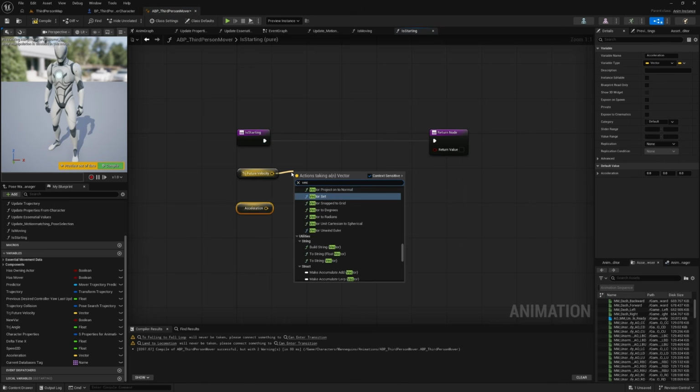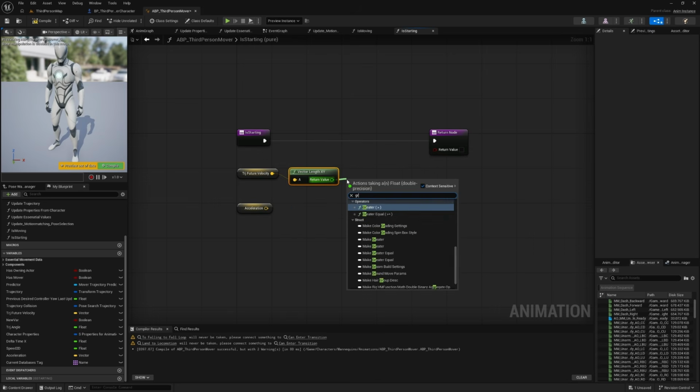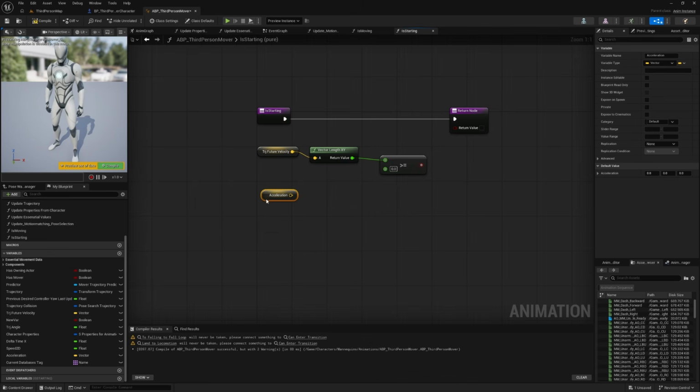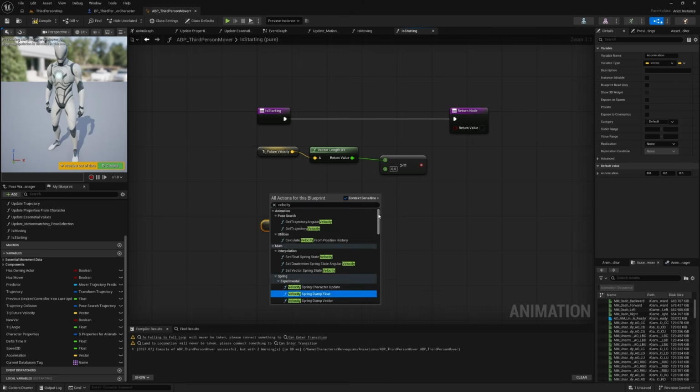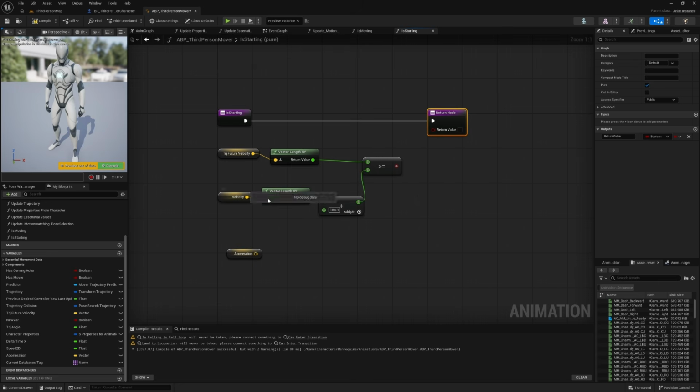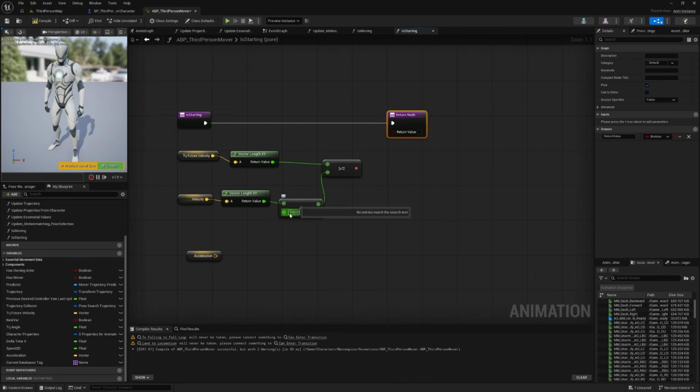If the vector length is greater than or equal to velocity, and yeah, if the feature velocity vector length is greater than 100,